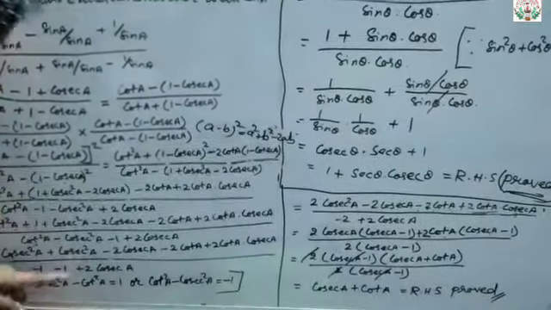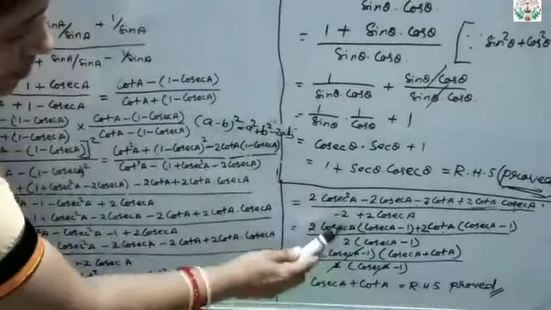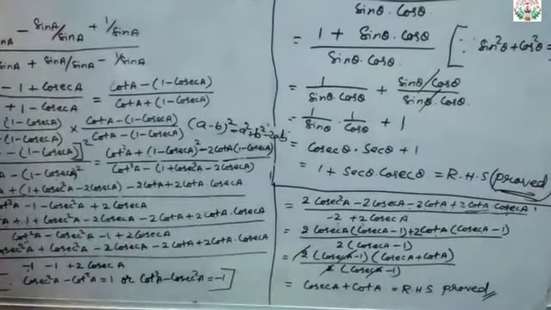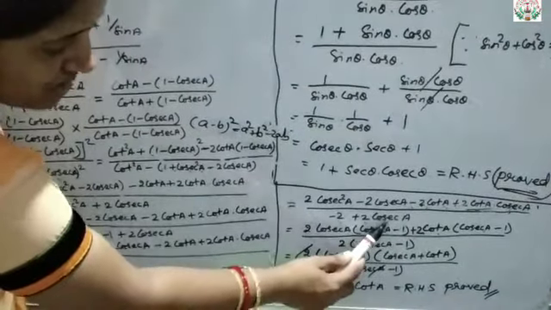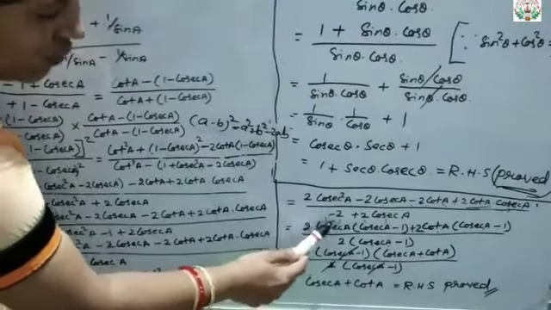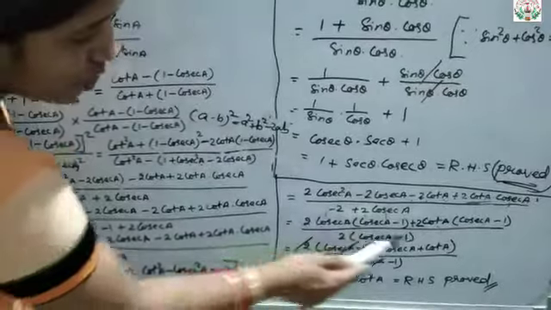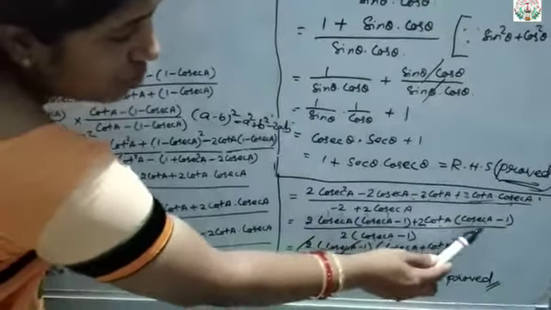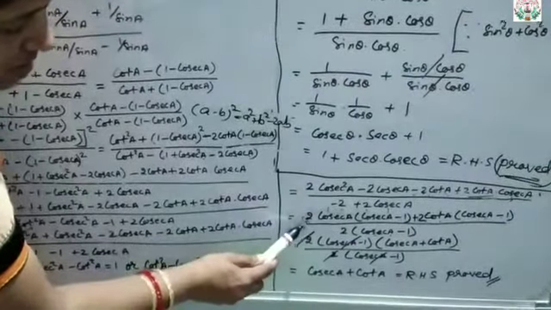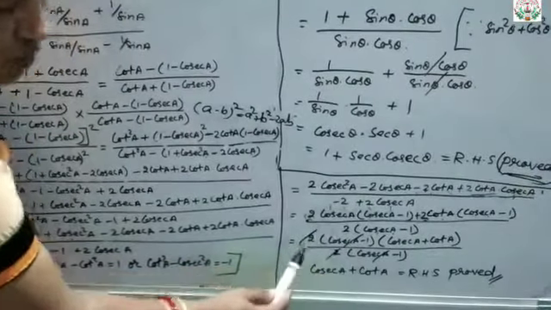Upon, same way here you might have seen what is there. First bring the plus sign, then the minus sign. So plus sign means first take 2 common, because here also you can see in both the terms we have 2. So take 2 common, and then first bring the positive term, that is cosec A, minus, then this minus 1, because 2 is taken common, so minus 1 will be there. Now you can see in these 2 terms what is common: cosec A minus 1. Here also you can see cosec A minus 1. So take 2, because in both the terms you can see here also 2 is there, here also 2 is there. So 2 into cosec A minus 1 is the common term that came out.